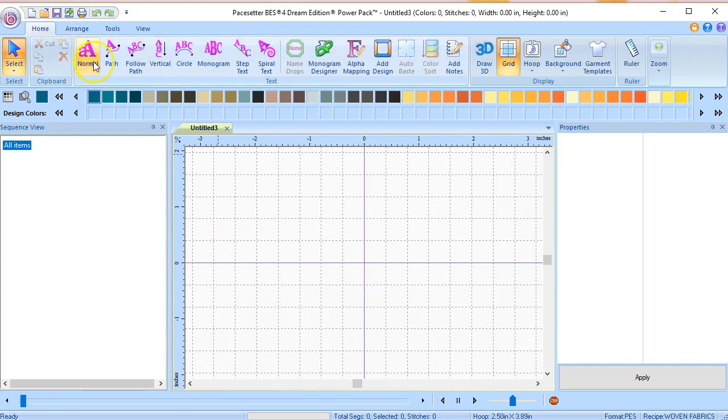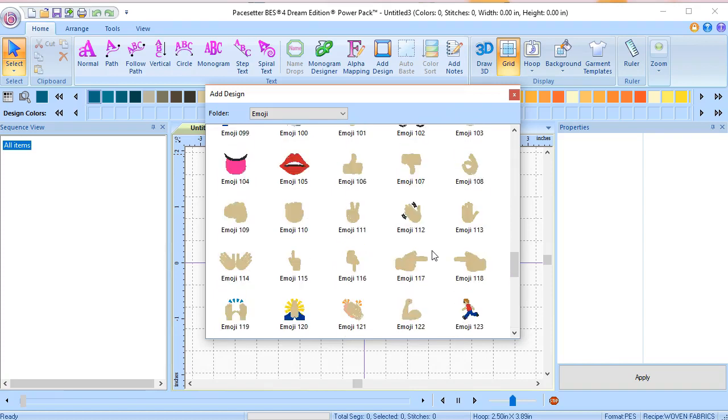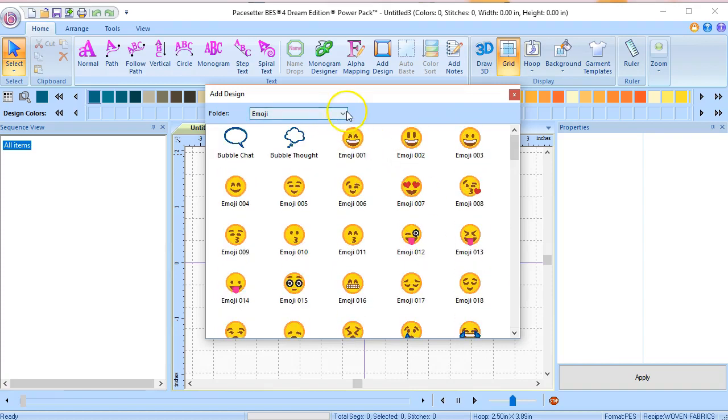Alrighty, let's come up here and look at all of our fonts, okay? Everything that's in this purple is going to be contained to lettering, fonts, etc. Okay, but before we get into that, let's move over here to add a design and let's find something really cute that's built into BES4. I don't want to go through a ton of my designs trying to pick something because it'll take us forever. And we can do, let's see, is there a cute fall Halloween emoji? I don't see it. Let's come up here to our box and let's hit,